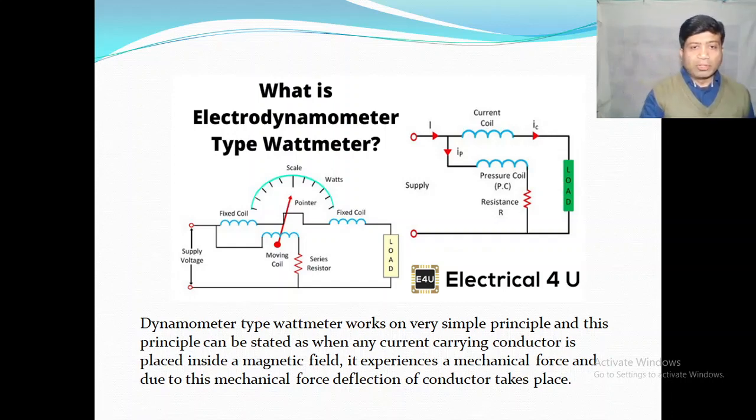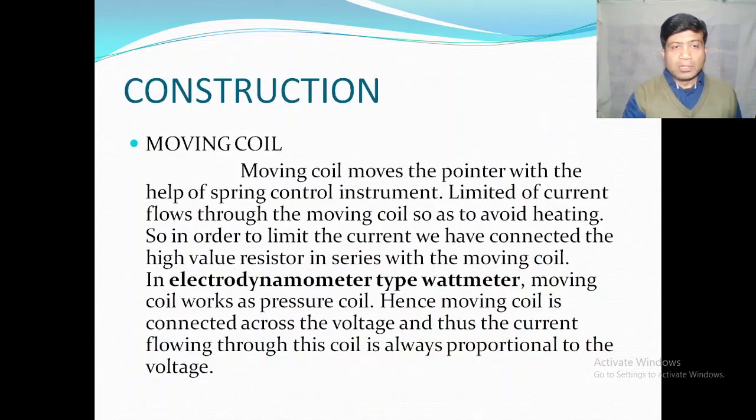So this was all about the working principle of the electrodynamometer type wattmeters. Now let us go into detailed analysis of each part of the instrument. The first one is the moving coil. Moving coil, as I have already told,